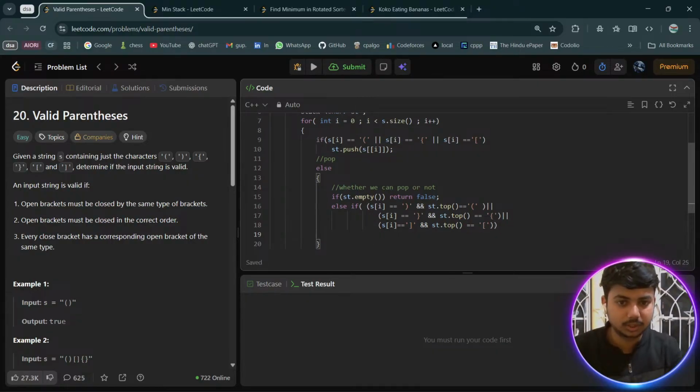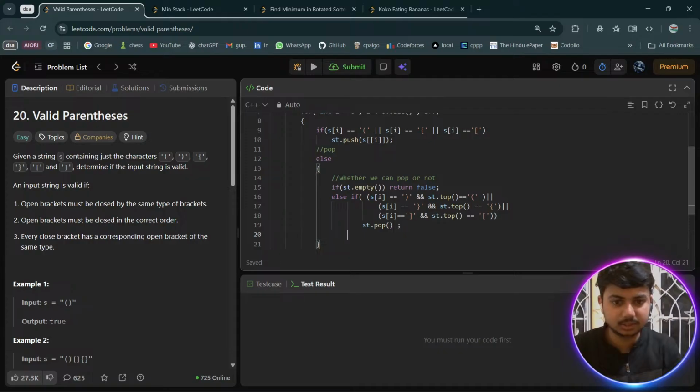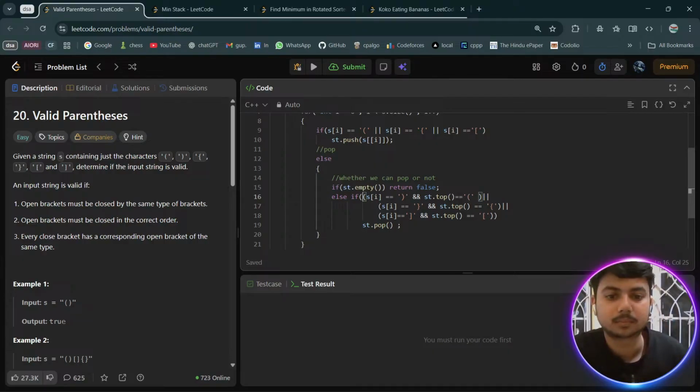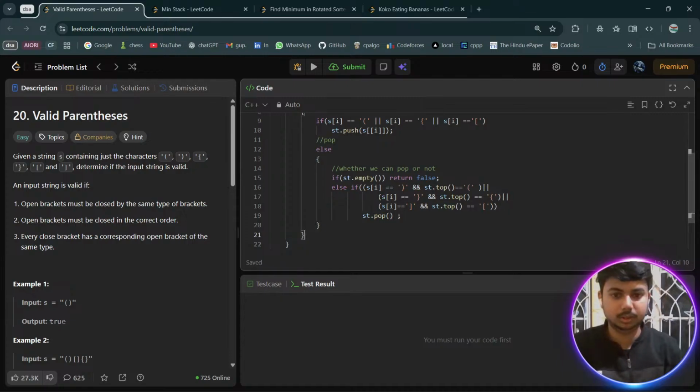If something like this happens, then what will we do? We will pop from that stack. Let's check once, there are a lot of brackets. So s of i is closing and st dot top is this. This is one condition, this is another condition, and we have this condition here, and we are finally closing this particular bracket, and we are popping it out. Okay, or else